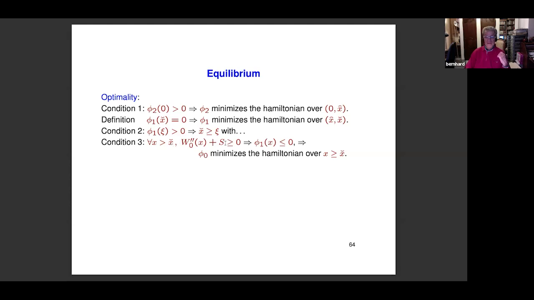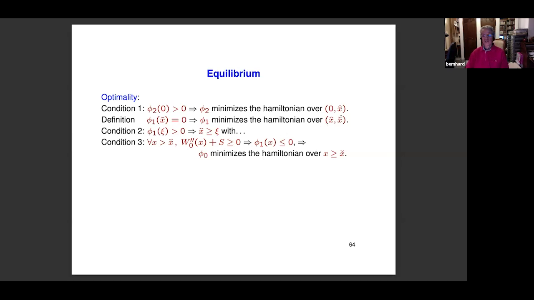this inequality is granted for all x larger than x stretch, and this is a somewhat tricky thing to prove, then I can conclude that if you compute phi of x using W0 as the W that appears in the formula for phi, so it's BW prime plus Sx minus R. So if you compute phi, it's not phi1, with this W prime 0 in it, then this thing will be negative because this guarantees that its derivative is negative all along, and it was 0 at x stretch.